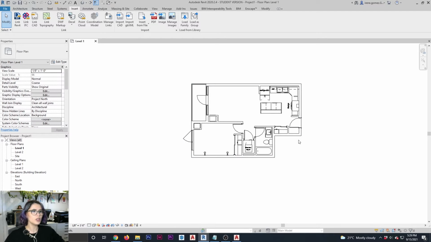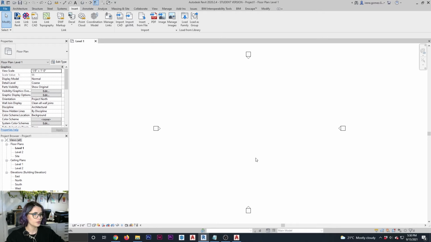So that's especially handy because if you're working with architectural or engineering plans as your base, sometimes there will be information there that is completely irrelevant to what you're doing. Sometimes there will be a bunch of dimensions or notes or information that you just don't need. So I find that option very handy just to clean your drawing a little bit before you begin. So undo, come back here to import CAD.